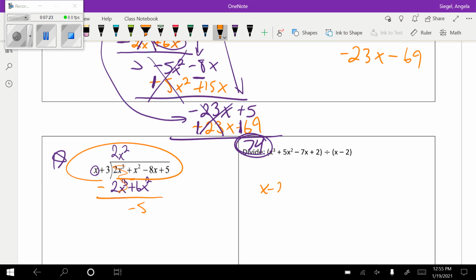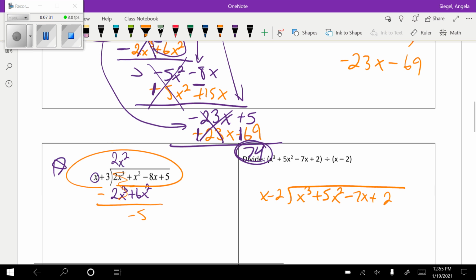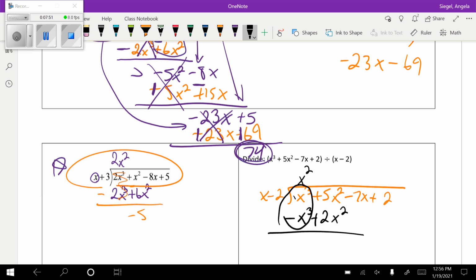x minus 2, and then our polynomial is this. Okay, so what am I missing to go from here to here? I'm missing an x squared. So now I'm going to multiply the two together, and I get x to the third minus 2x squared. And then I'm going to change those signs. So if you'll notice, these cancel out, and I'm left with 7x squared, and then I'm going to drop it,